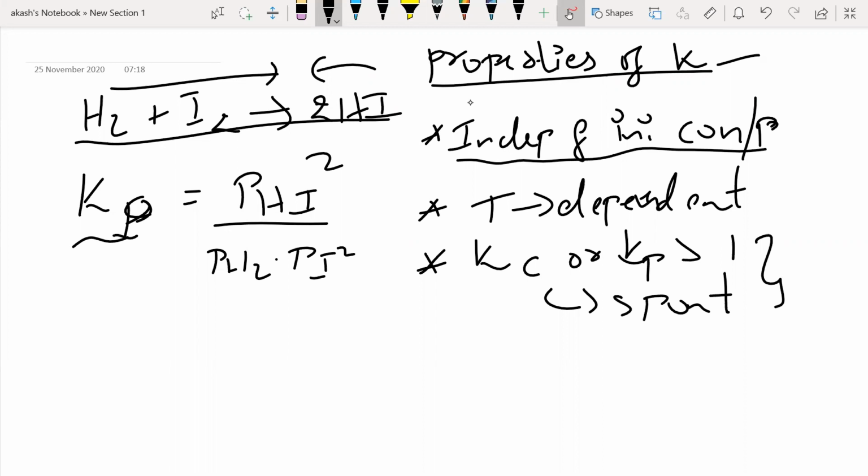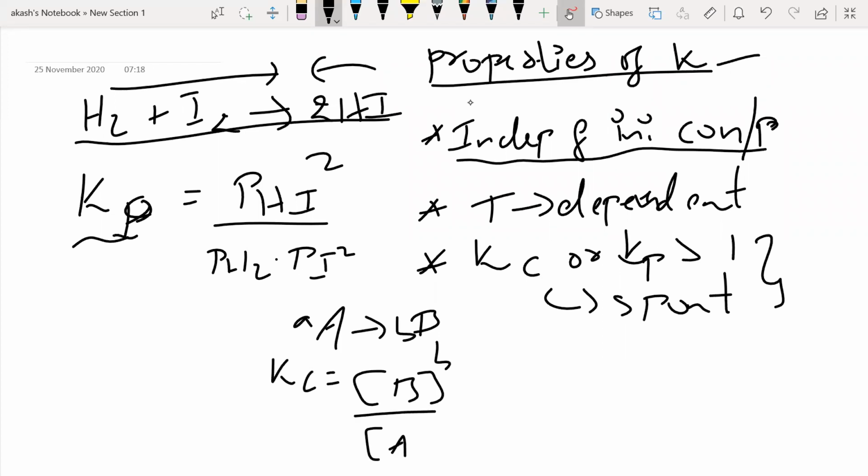Okay, right. Now say I have a reaction, say aA giving bB is a reaction. Now if I write Kc or Kp for this, say Kc, how will I write? It will be [B] to the power b divided by [A] to the power a. The concentration of the product to the power of the stoichiometric coefficient divided by concentration of the reactant to the power of the stoichiometric coefficient. Done. This is for the forward reaction, thinking that B is the product and A is the reactant. This is how it works.